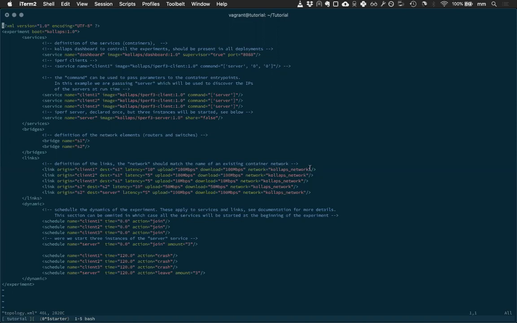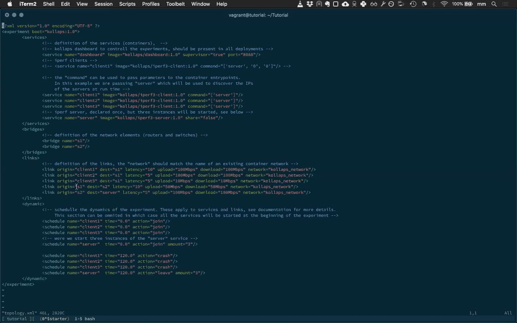And this allows you to have multiple networks at the same time and multiple experiments and so forth. Next, I need to do the same for client 2 to the switch S1, client 3 to switch S1,